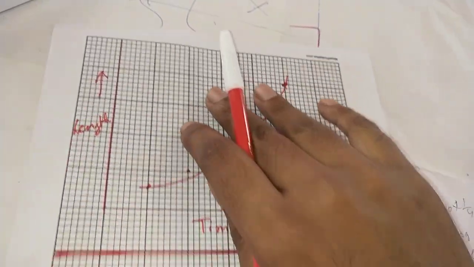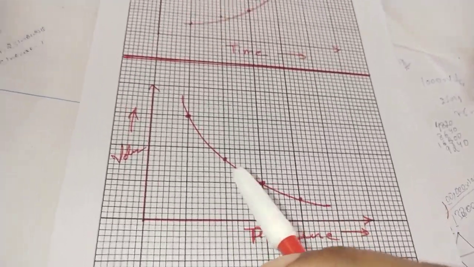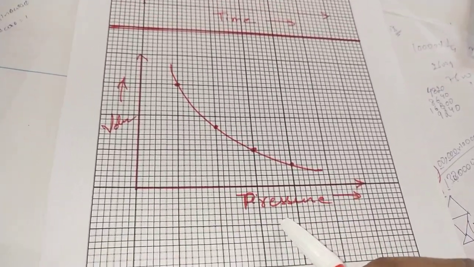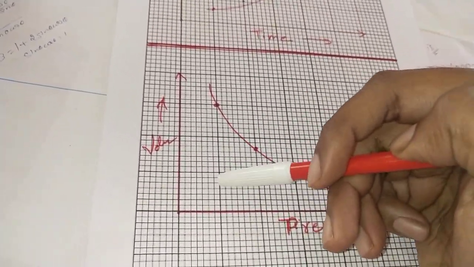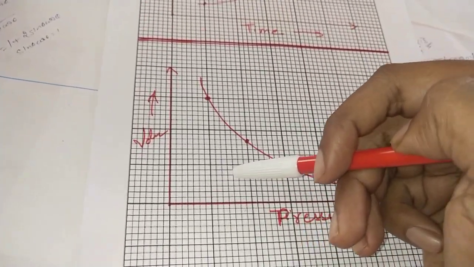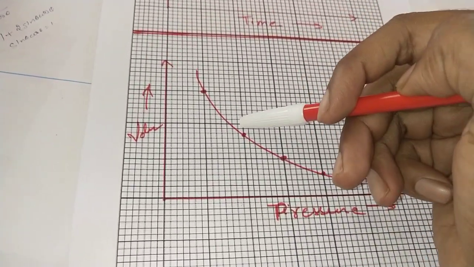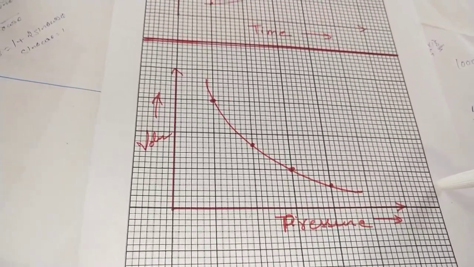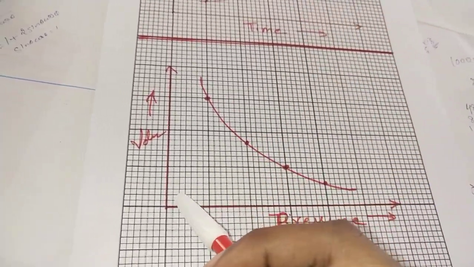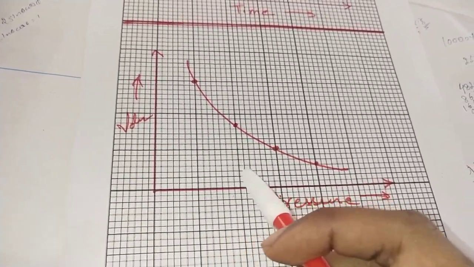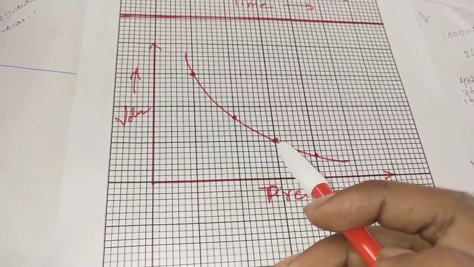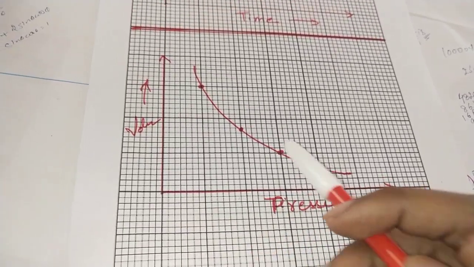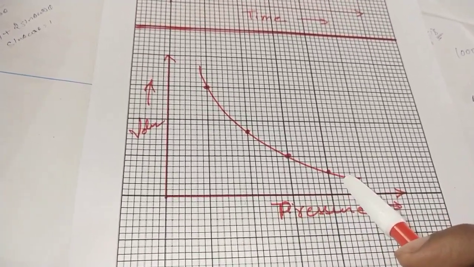The second could be a graph of volume and pressure. Initially when the pressure was low, volume was high, and as the pressure gets increased, the volume is coming down. It doesn't mean that it is going to start from a high value of pressure. We always count from the x axis. So x is increasing and the value of y is decreasing. Over here we can say that it is an inversely proportional graph.